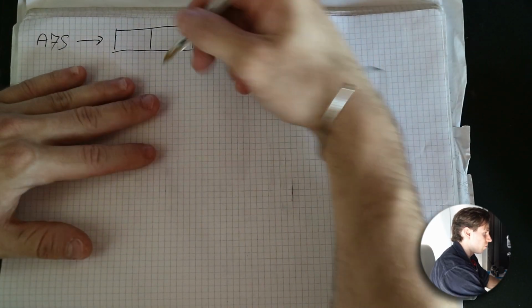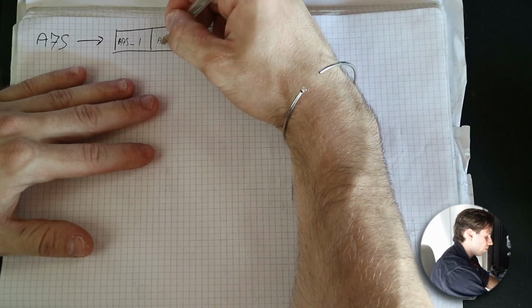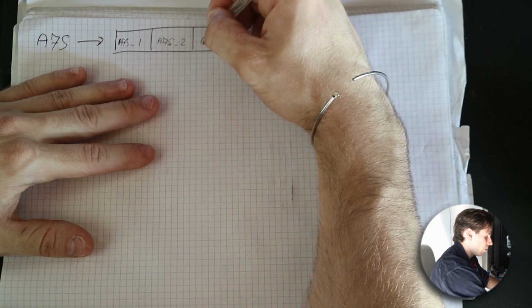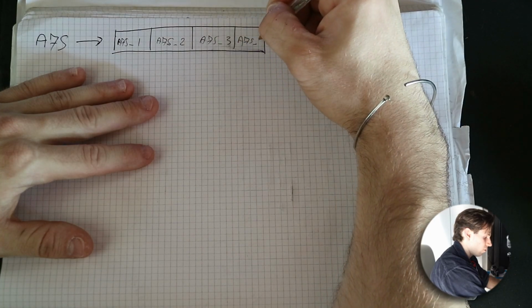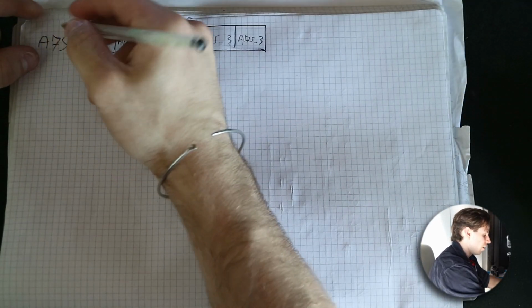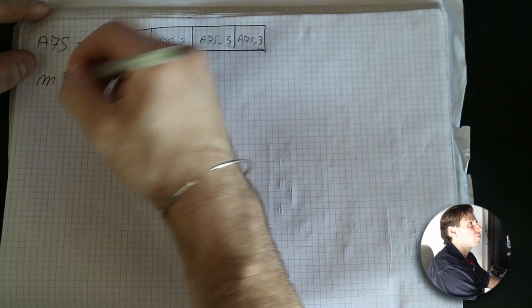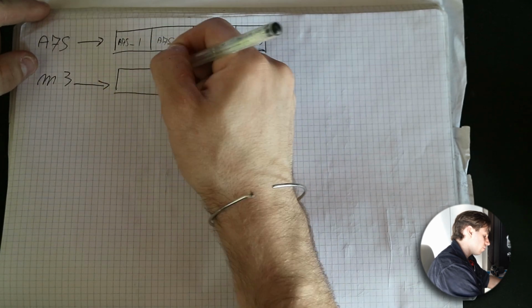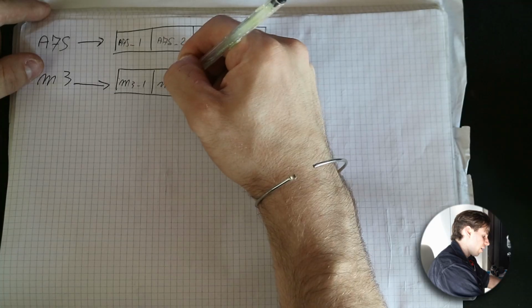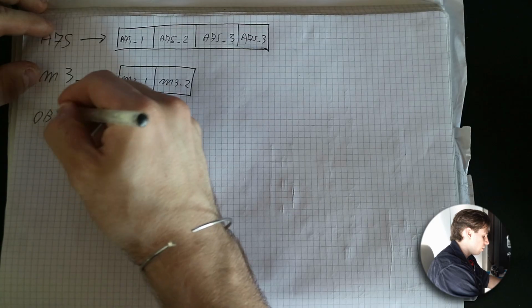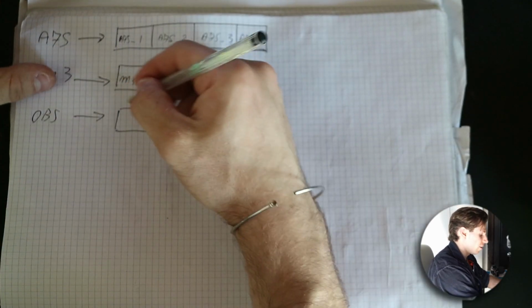I'm going to call them A7S1, A7S2, and so on. I have the M3 folder. It contains M3.1 and M3.2. And I have the OBS folder, which contains one file, which is